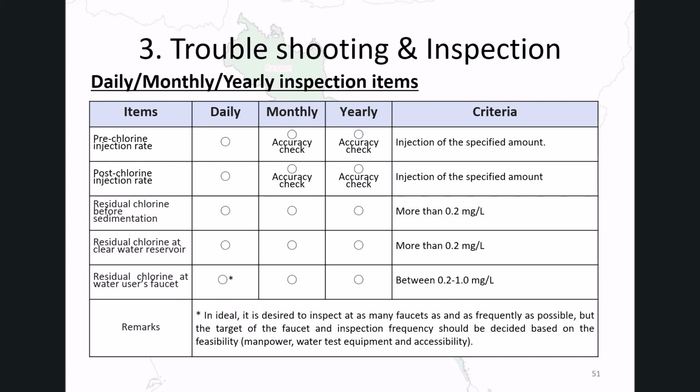This is an inspection sheet introduced in the manual. An inspection sheet shows what data should be recorded routinely for the purpose of appropriate operation and maintenance. Each item listed here corresponds directly to the confirmation points explained earlier. By checking these regularly, you can detect abnormalities before they become serious enough to affect water quality, or identify the problem caused, which will contribute to taking quick actions for countermeasures.